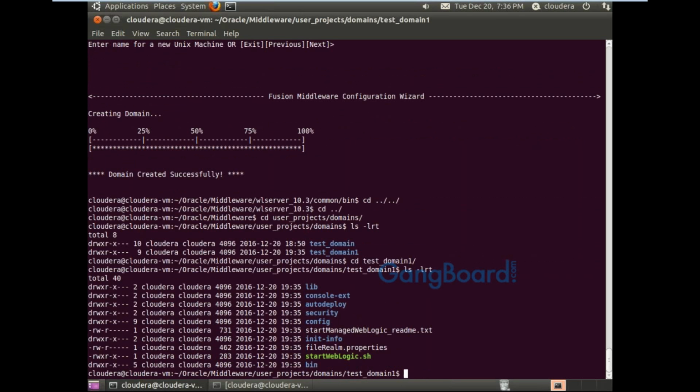So test domain and test domain 1 will have different port numbers for the admin server as well as the managed server. Now I'm doing the same process again. Start WebLogic.